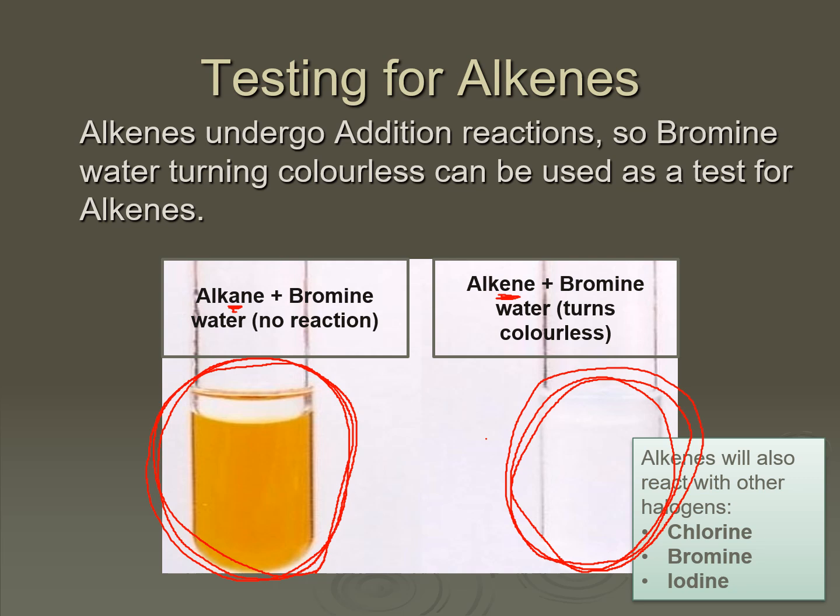They will also react with other halogens, but they're not so easy to see the colour of in solution, or they're more toxic and less easy to control. Bromine water is pretty horrible stuff in its own right, but the concentrations we can use in the lab at school means that we can actually show you that one. Whereas low concentrations of chlorine look pretty colourless, and low concentrations of iodine you can put on your skin as an antiseptic, but it's not so useful in terms of colour as the bromine.